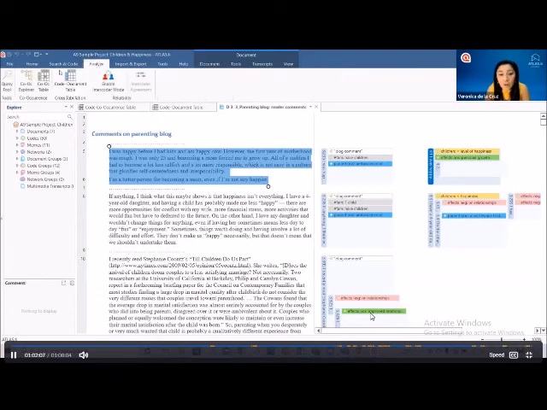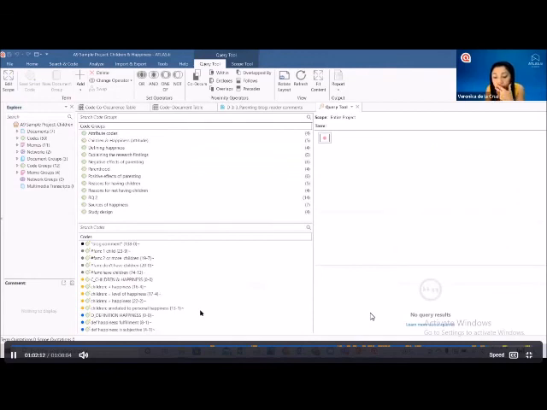And finally, if you go to analyze query tool, you can go, or we can work on an